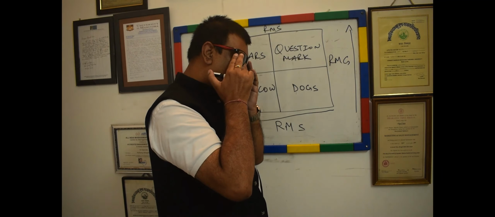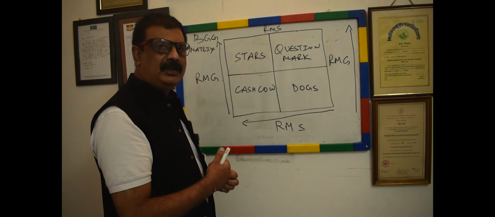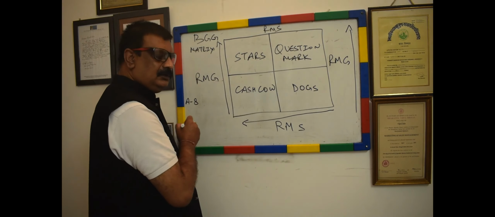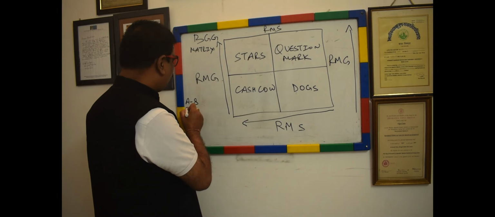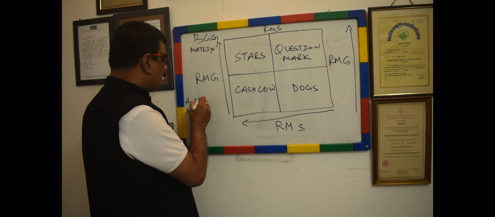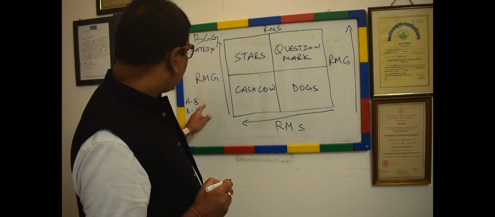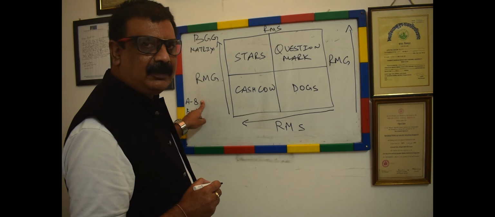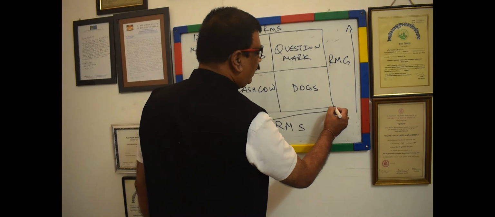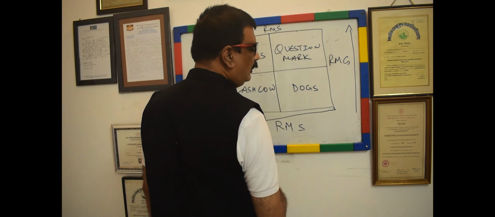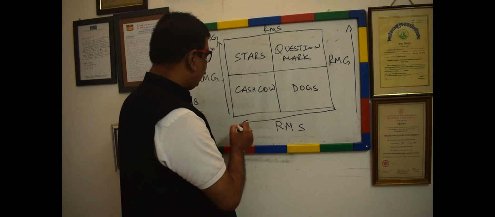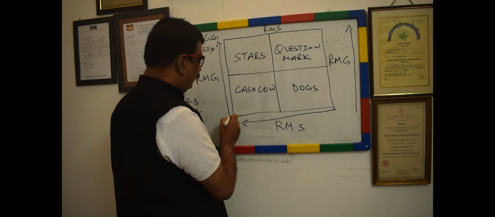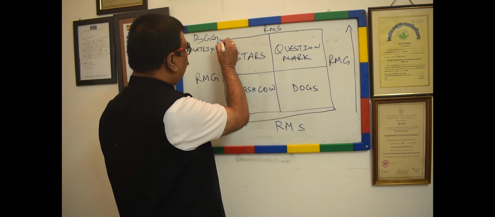Relative market share is, for example, there are 10 cars which are sold in a month, and out of those 10 cars, A sold 8 and B sold 2. So the relative market share is 8 out of 10 for A, 2 out of 10 for B. Now, 8 out of 10 means 80%, which means if we start from here and we say 1, and this point we say 100. Now this is 1 to 100 this side. In the same manner, this is 1 to 100 this side, right?